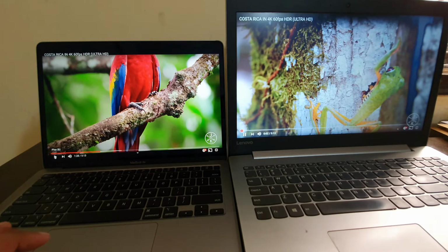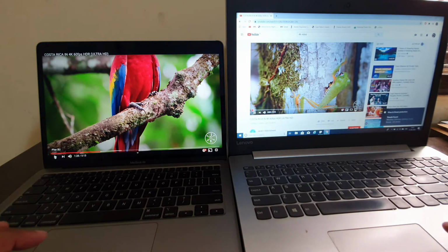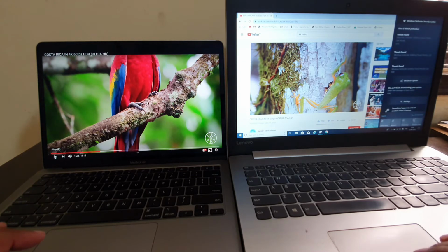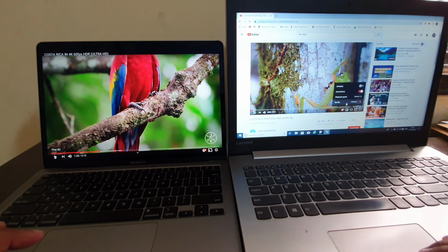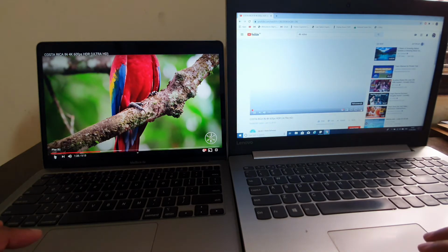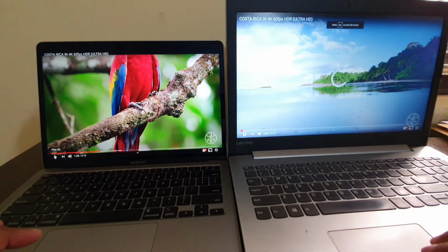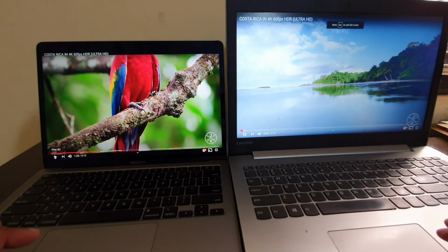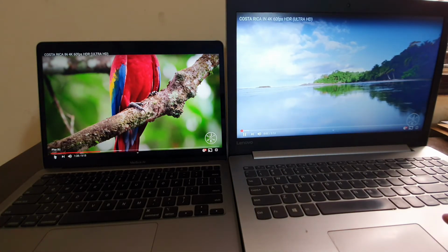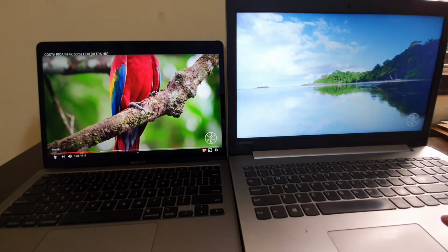It's not working in 2K properly. I will turn it to 1080p. Now let's see. In 1080p it's running nicely.